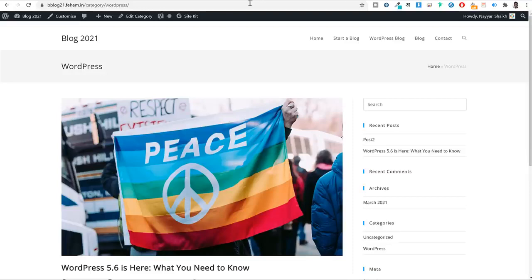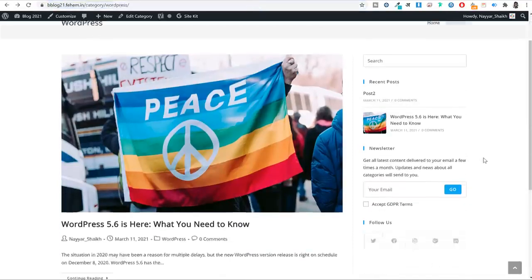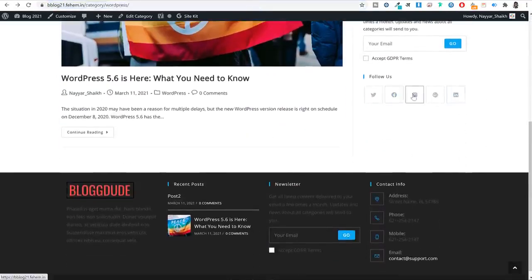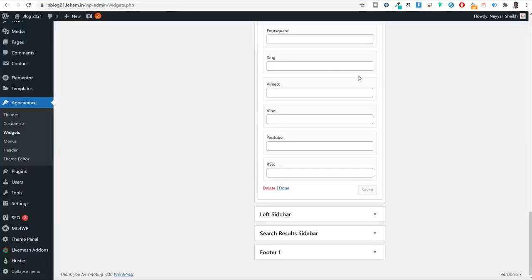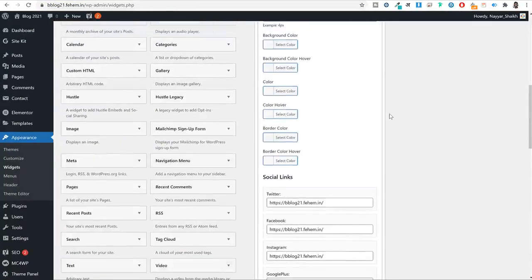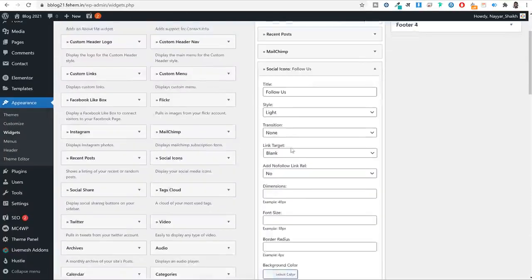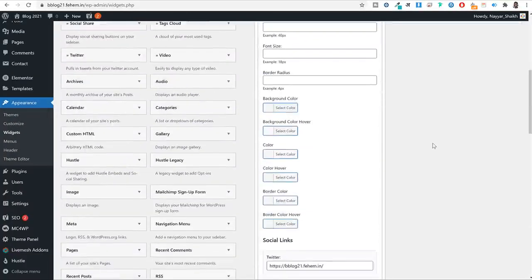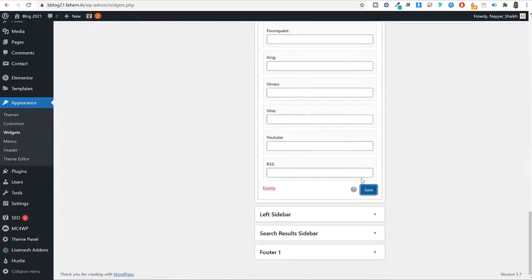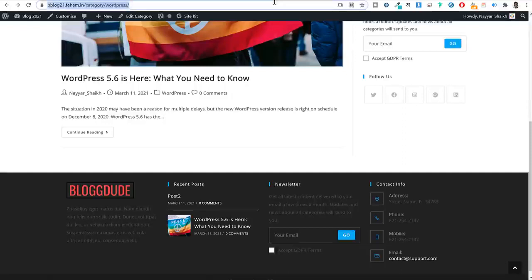Again, if you go back to this website and refresh it, I think we can do one thing: we can change the style of these icons to colored icons. This is all black and white. So you can come back to this page and change this style to colored. Now click on save. Again, if you refresh this page,